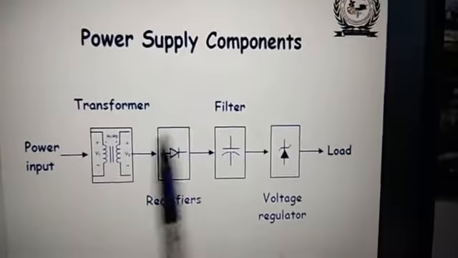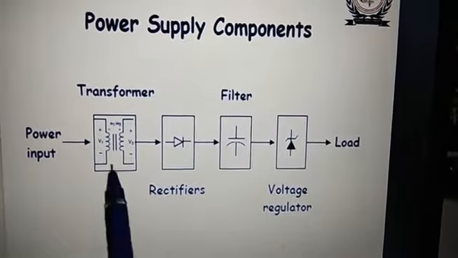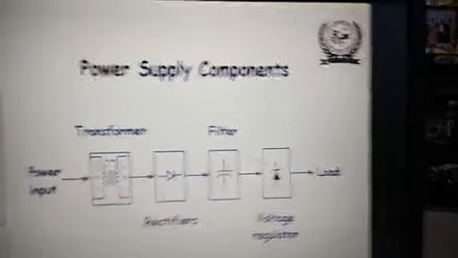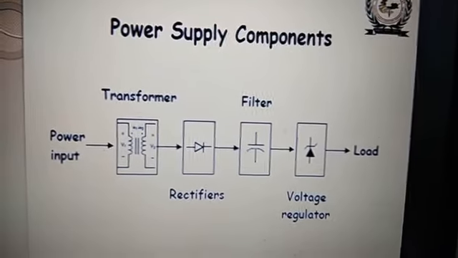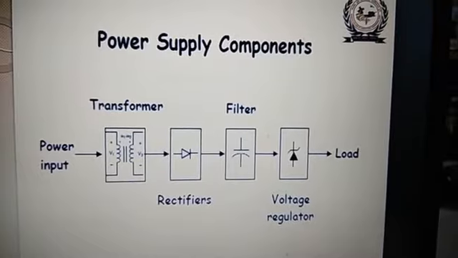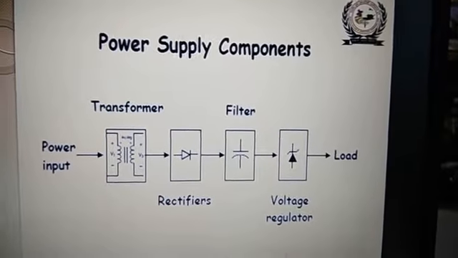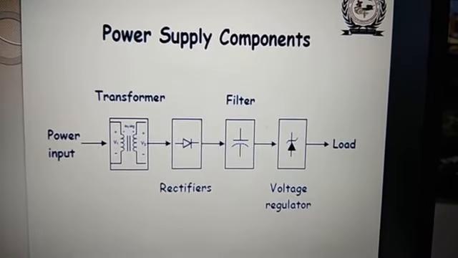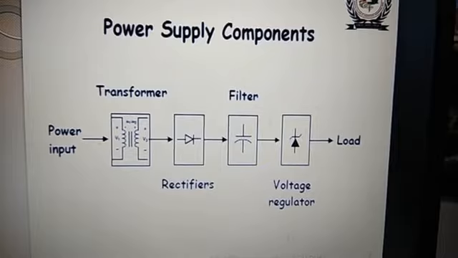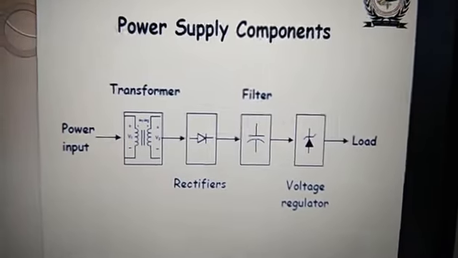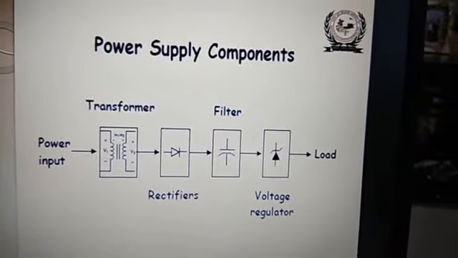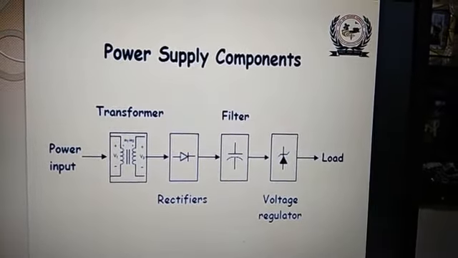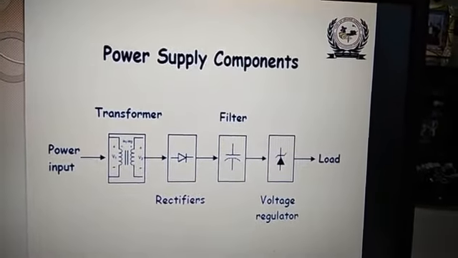So these are the power supply components, out of which we have seen rectifiers. Then we will go for the filters. And finally, if time permits, we will go for the voltage regulator. This is the basic building block of any power supply, which is required in general purpose use, in computers, in every instrument, and in all cases, even in every part of life.